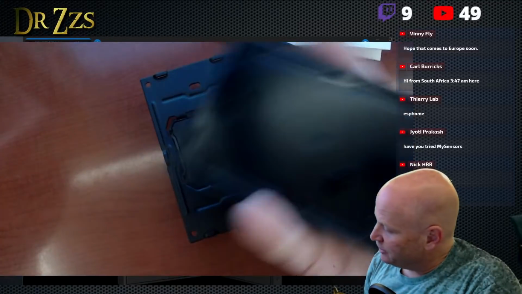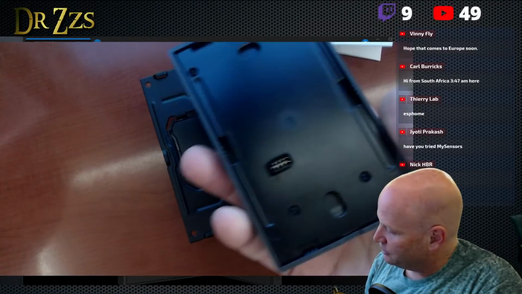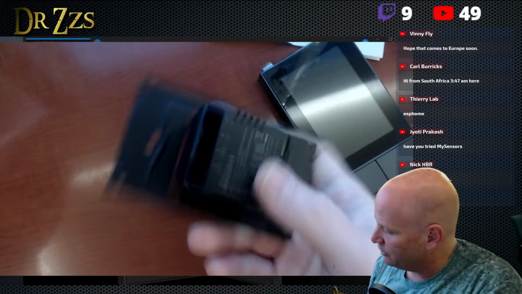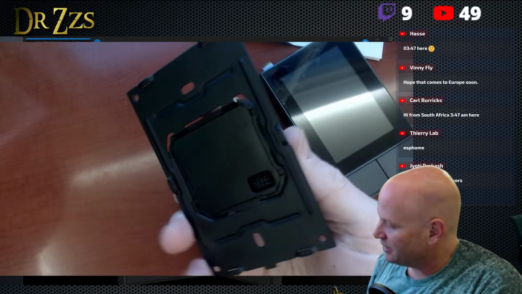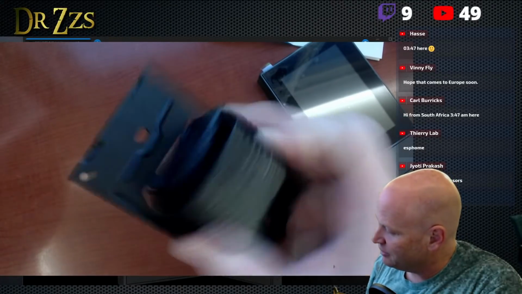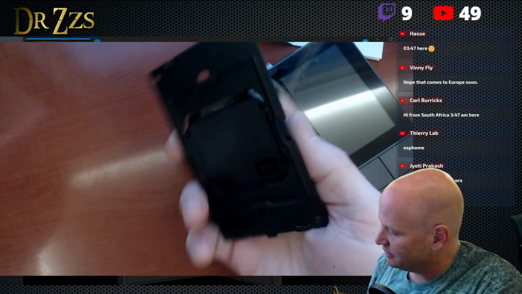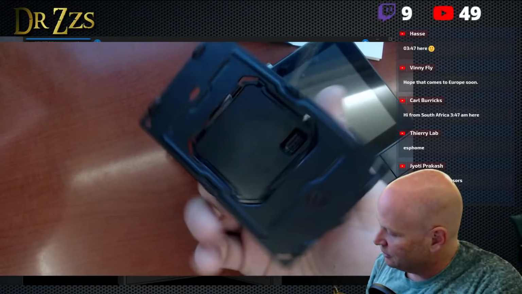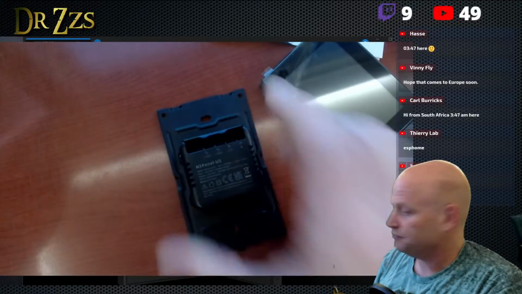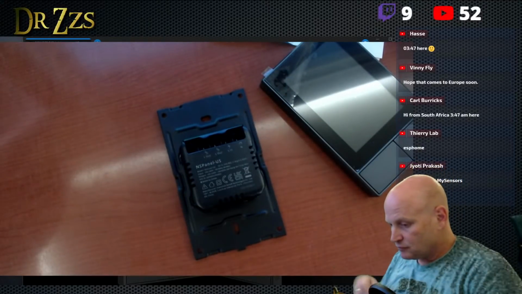But I'm very intrigued by this. So I took it apart already, just this panel part off the front. And on the back here is one of their dual minis. These are all starting to look like the Shellys now, right? That's kind of been the form factor lately. So it's this little tiny box, and this one has two relays in it.